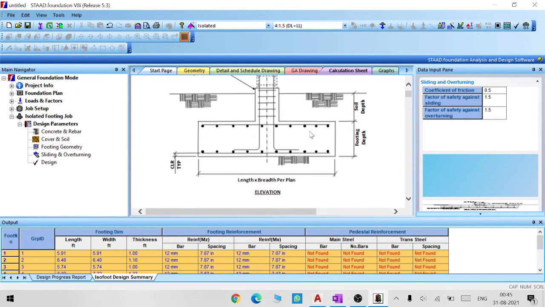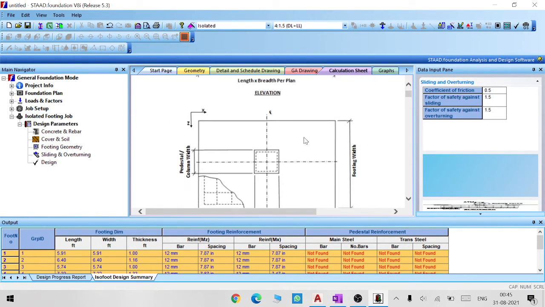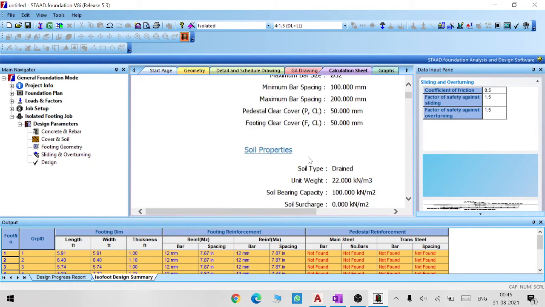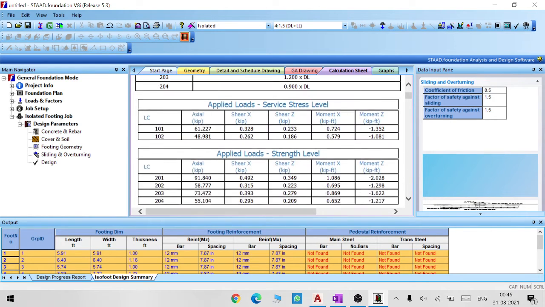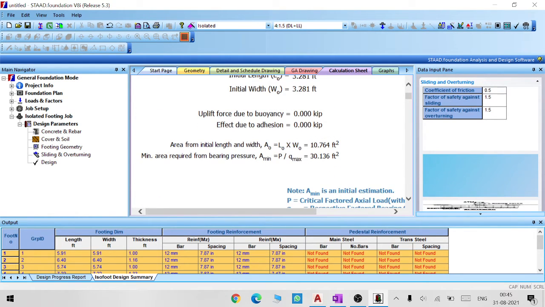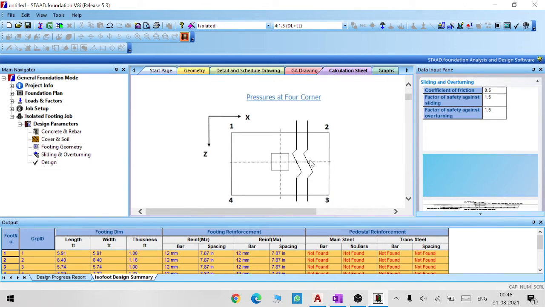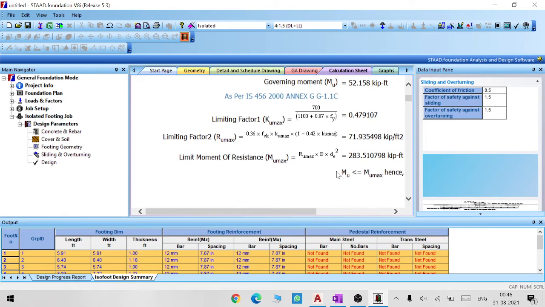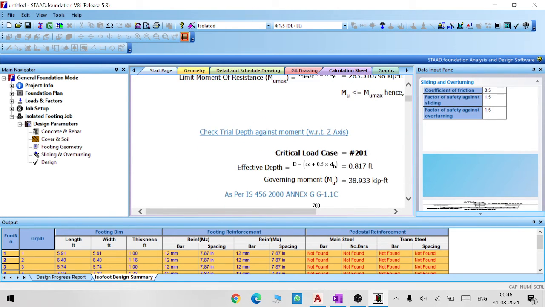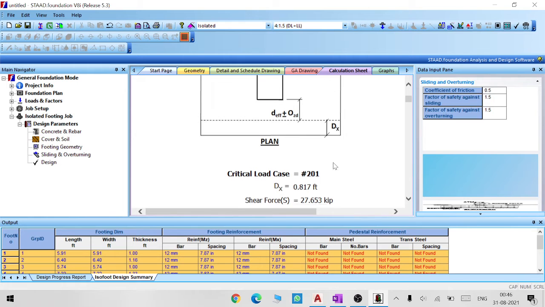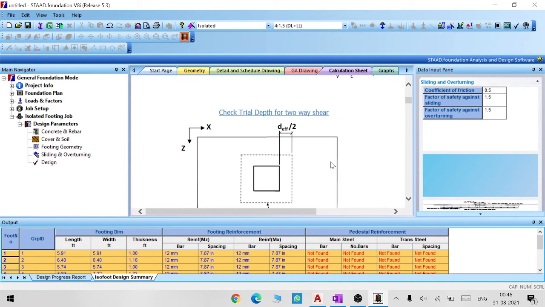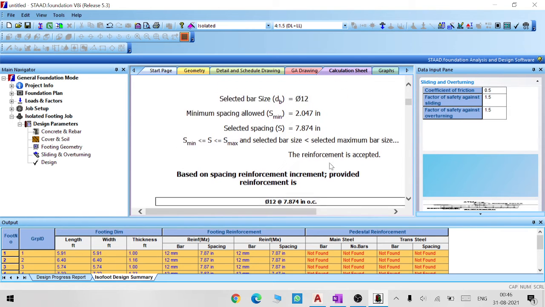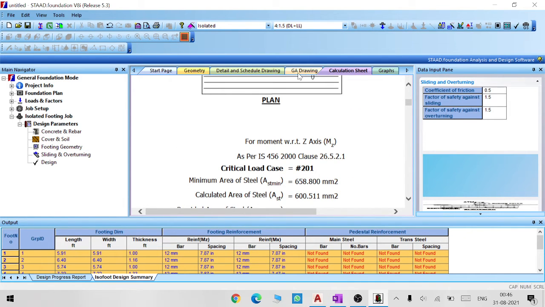So here your entire design is available. Like this is the elevation view and this is the plan view. So here entire manual calculation is available. You can see clearly. So it will give the exact values like how we were doing in manual calculation. So it is showing MU is less than MU limit, AST is less than AST limit. So all the things it is available. So you can see here MU is less than MU max. Then one ways here, two ways here, tau v is less than tau c, whether the design is safe or not, everything you can see. And one more thing, you can see the diagram also.